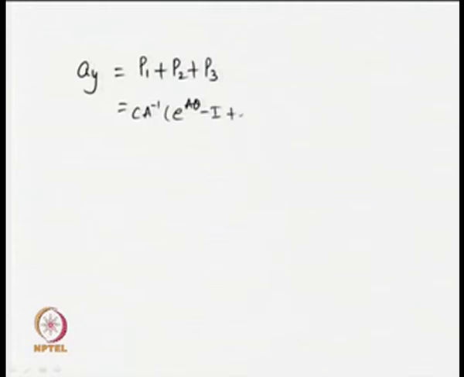When the area is found in the form of A y equal to P1 plus P2 plus P3, then one obtains C A inverse e to the power A theta minus I plus e to the power A tau plus theta minus e to the power A theta plus e to the power A tau p minus e to the power A tau plus theta times x0